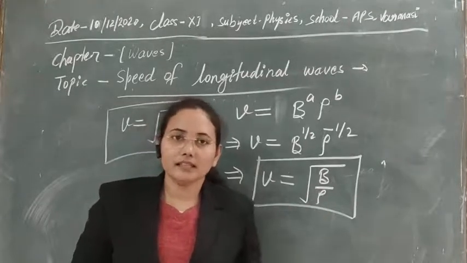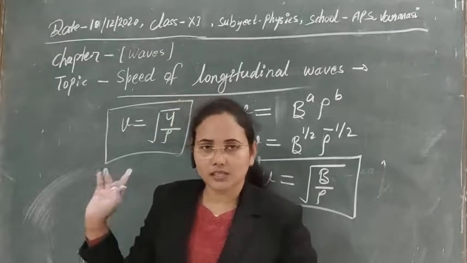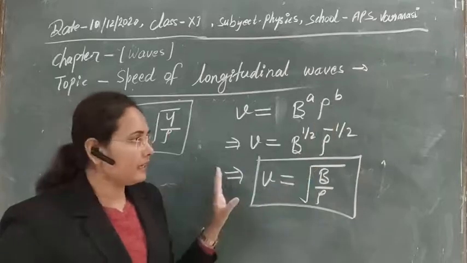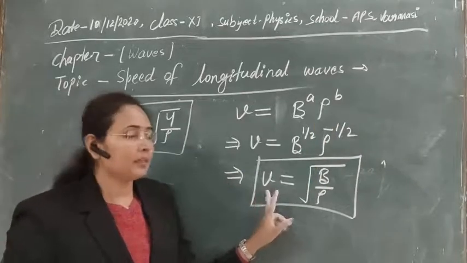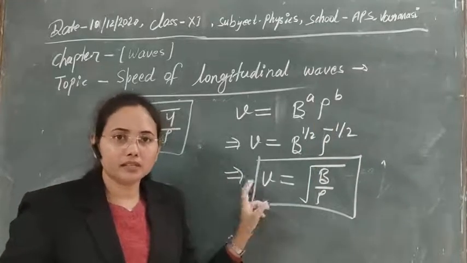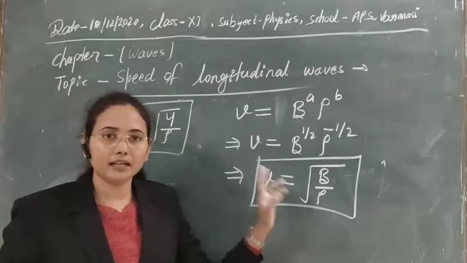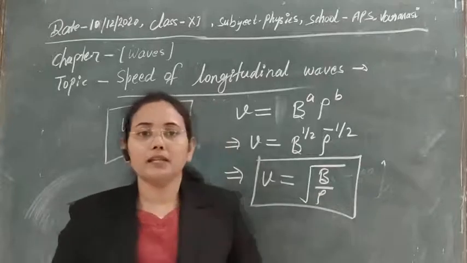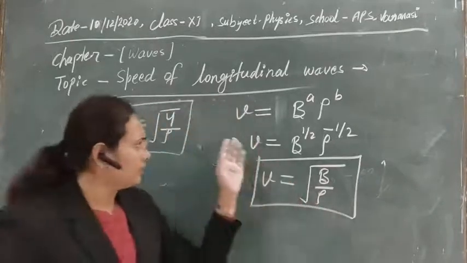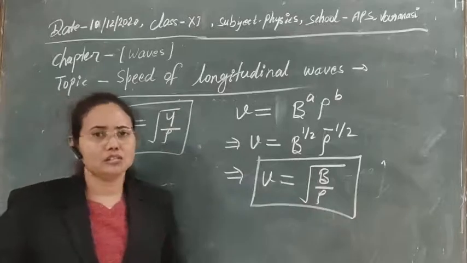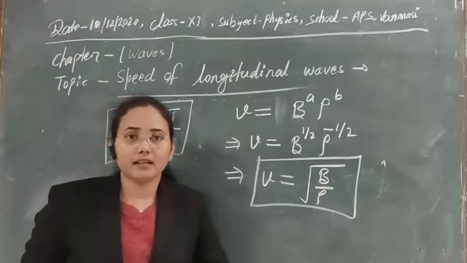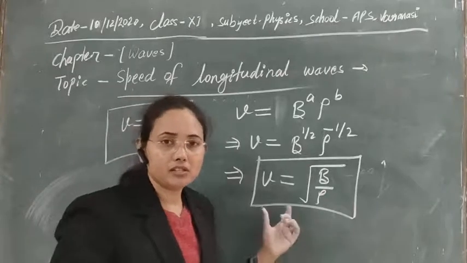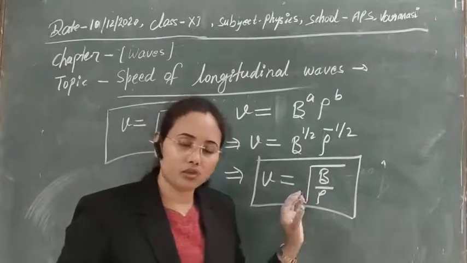So if a change in length is taking place, then obviously the Young's modulus concept will be there. In the general way, you can see that the velocity of longitudinal waves in the case of a solid is directly proportional to the elastic behavior of the solid. It means the greater the elastic constant, whether it is Young's modulus or bulk modulus, the greater the vibrations produced in the system, and the velocity of the longitudinal wave will also be greater.